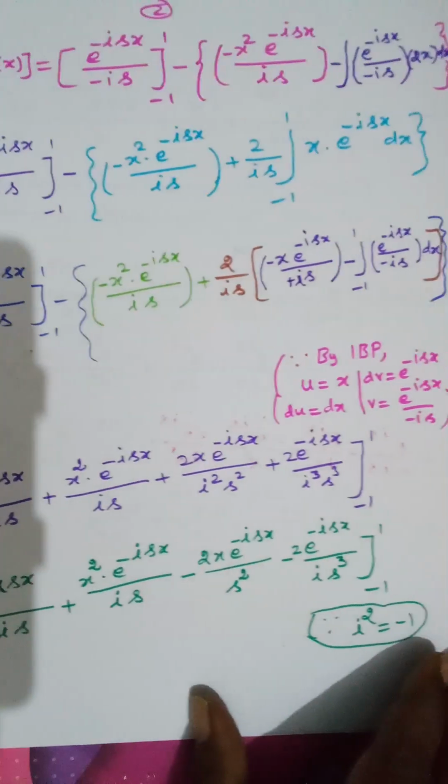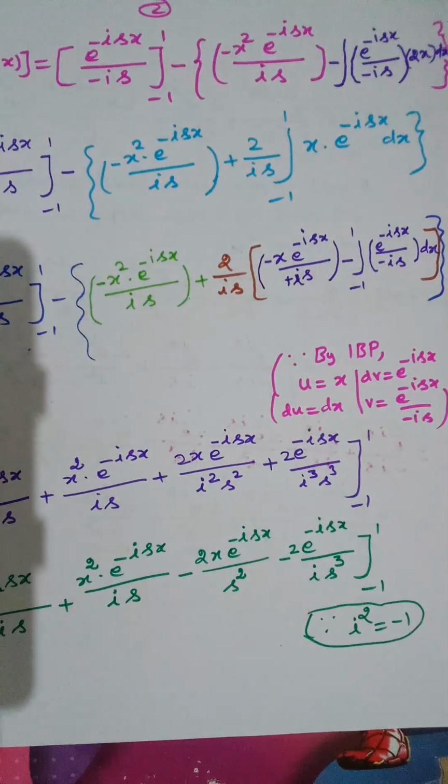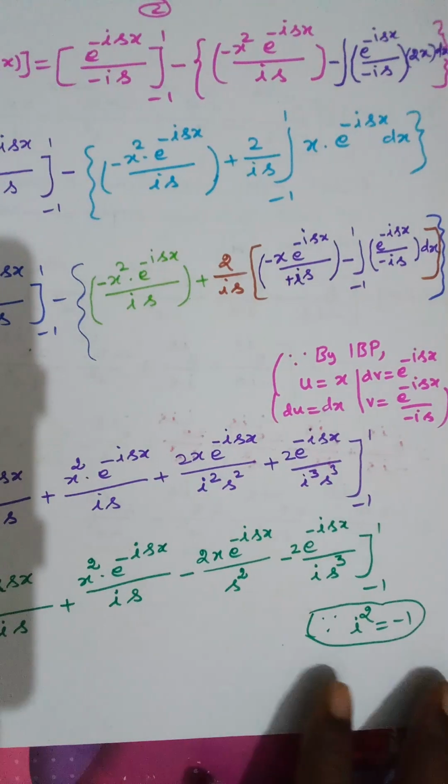Go to the second part, again it has two integrals. So x into e power minus isx. Let us apply the same technique. I mean already we have applied integration by parts. So let us choose u as x, du is dx. dv is e power minus isx. v is equal to the integral of that, e power minus isx by minus is. Substitute that in the above equation. So the equation becomes